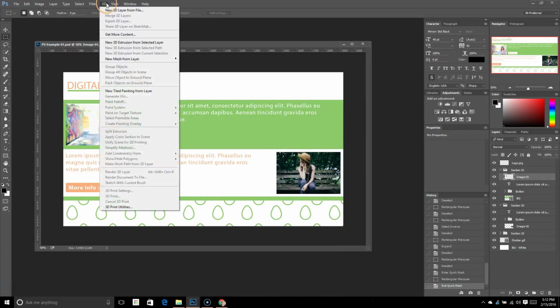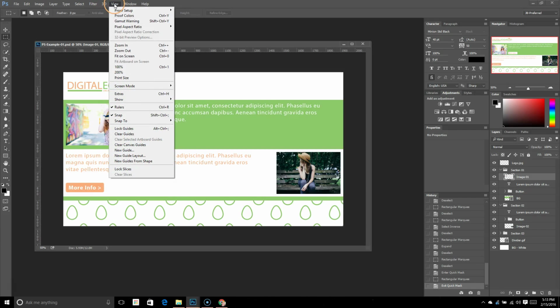Now the 3D section, I'm not going to go through all the 3D options because these all really need to be gone through in a 3D tutorial specifically. Otherwise they're just not going to make a lot of sense. But if you would like to, you can go through now and just play around with it and see